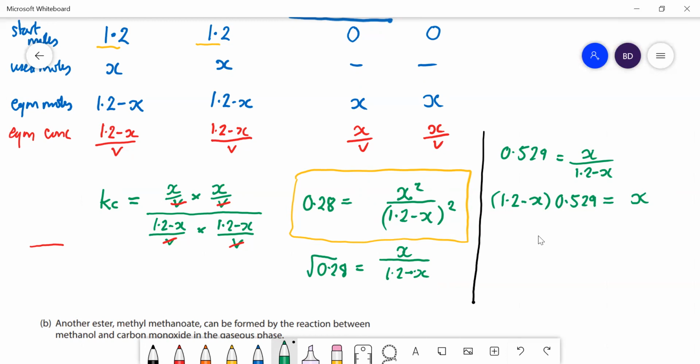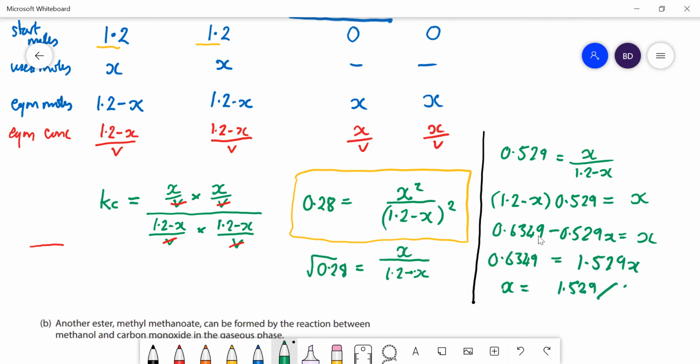We end up getting 0.6349 minus 0.529X is equal to X. So that means we've got 0.6349, take the X onto the other side, is equal to 1.529X. So X is equal to 0.6349 over 1.529, and that is equal to